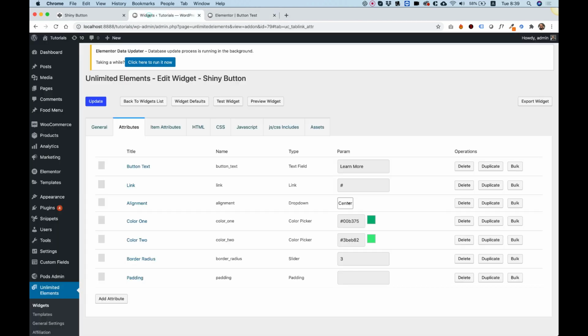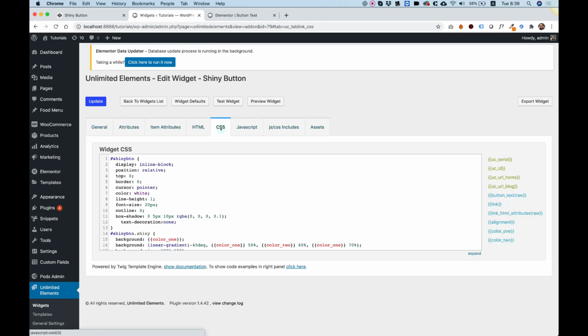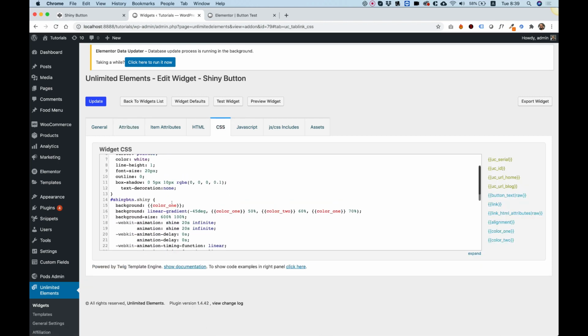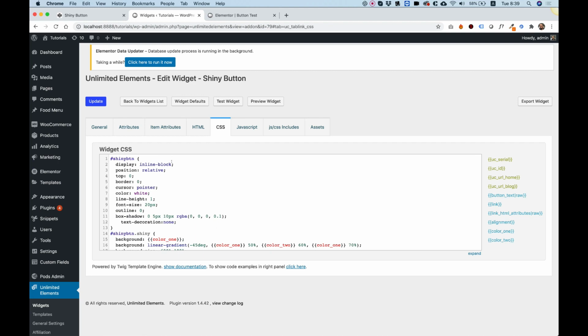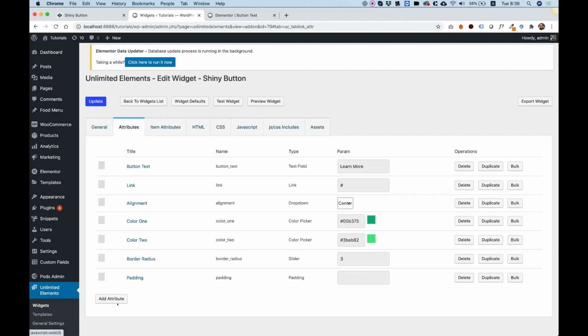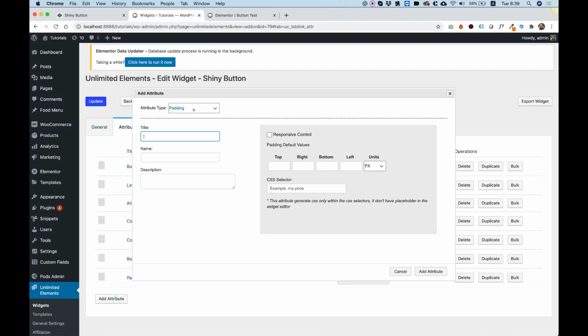And let's see what else. I'm not sure I wanted to do anything else. The only thing I think, I wanted to do two more things. So first of all, we have this display inline block. I want to give an option to make it block so the button can be full width. So for that, I'm going to do, let's